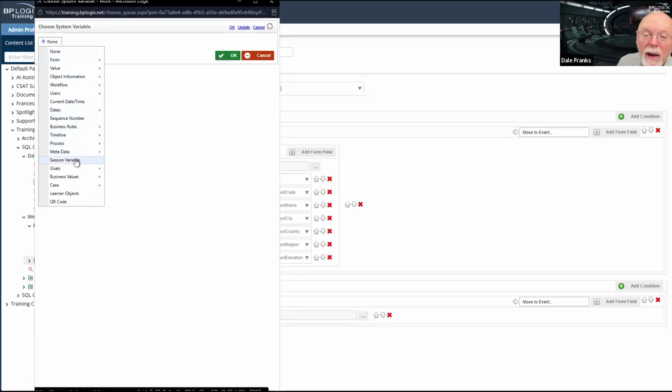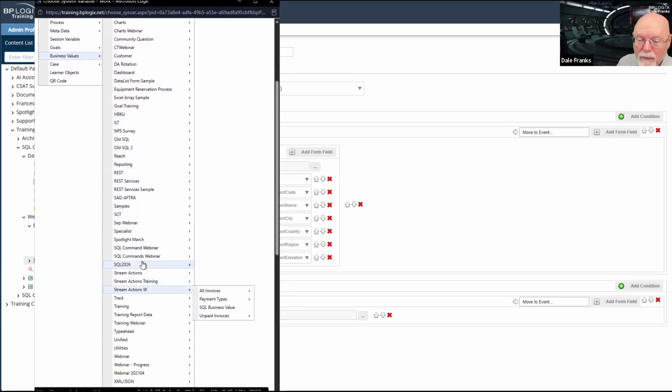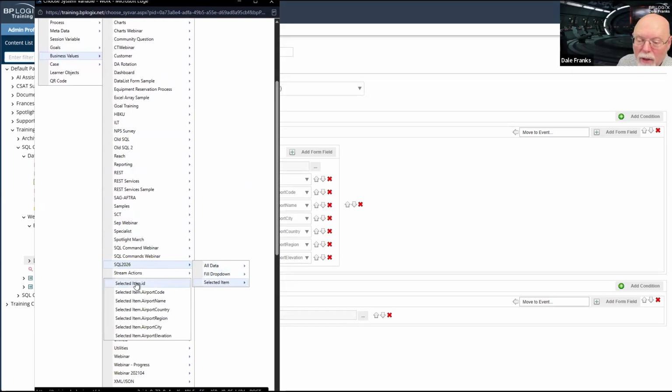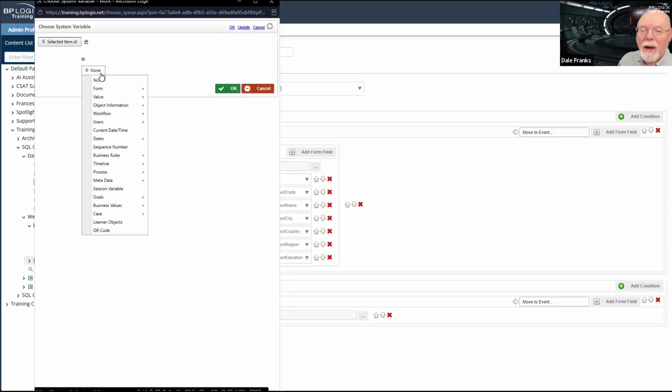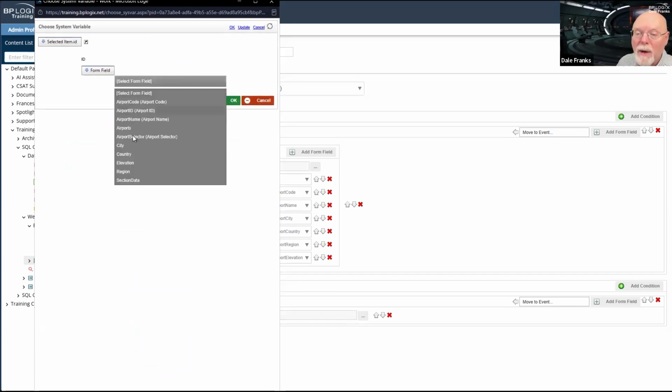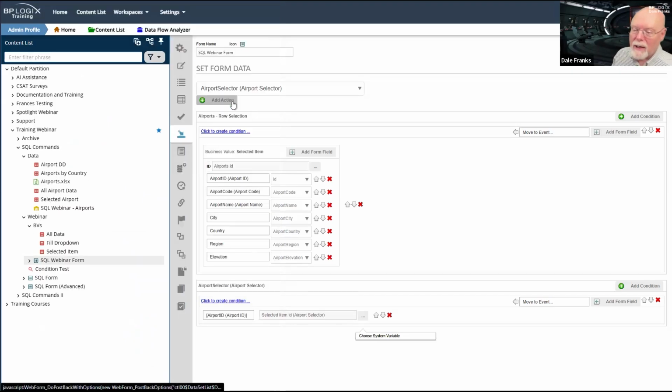Now I don't have to make another selected item business value, because this business value will work with whatever item we select, except this time, instead of using the data list, I will have to use form field, because this time I'm going to pass the value of airport selector, which again will be the ID, back to our business value.